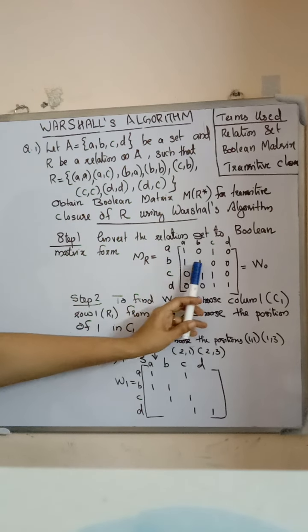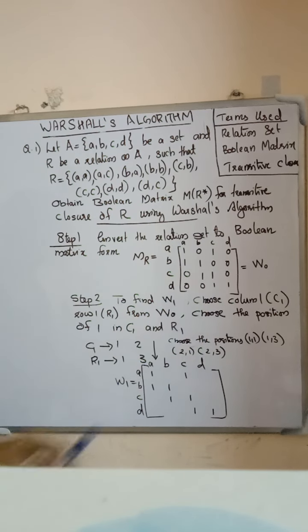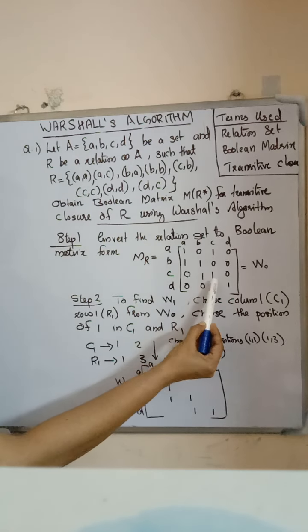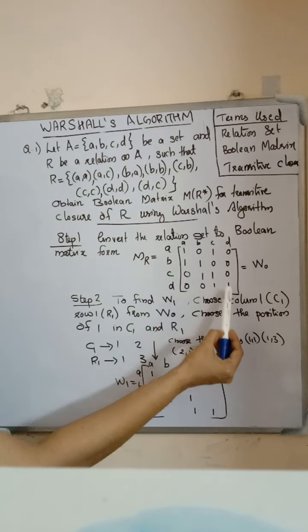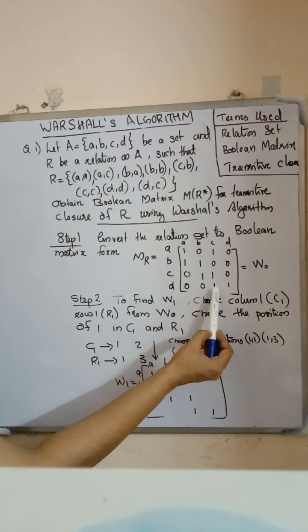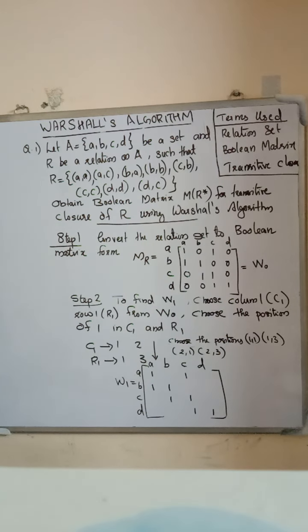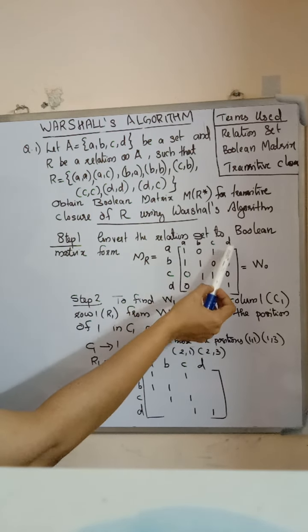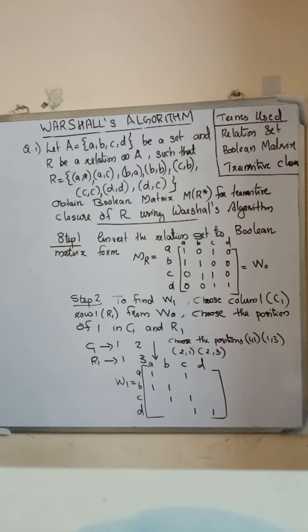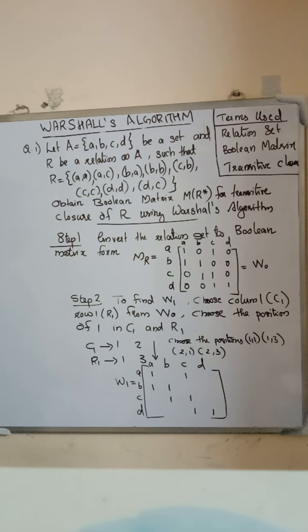So in this position, second row, first position, we put 1. BB, so here it is BB, then CB, here it is CB, we put 1, and CC, C related to C, so here it is 1, DD, D related to D, so put here 1, D related to C also, put here 1. Other places are kept 0. There is no relation. That 0 represents no relation between B and B, no relation between B and D, and so on. Take the Boolean matrix MR as W0.